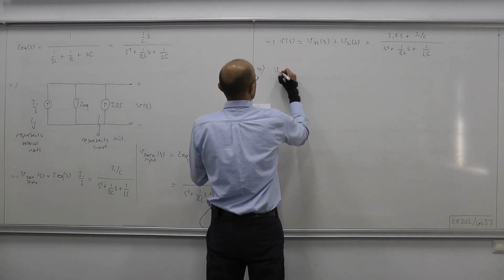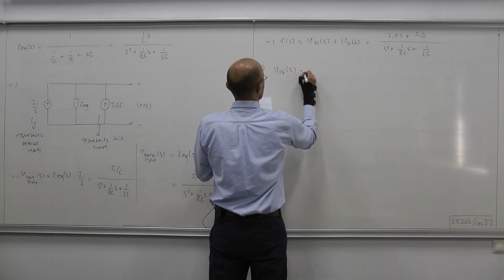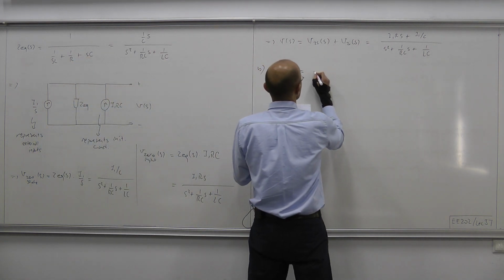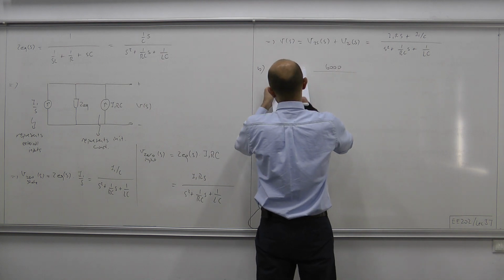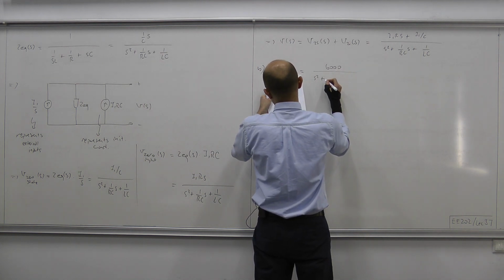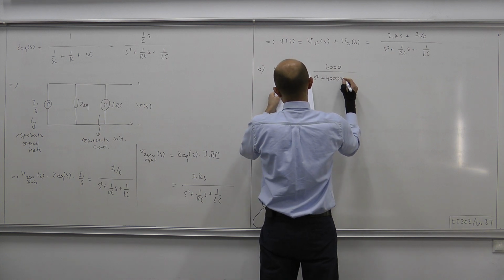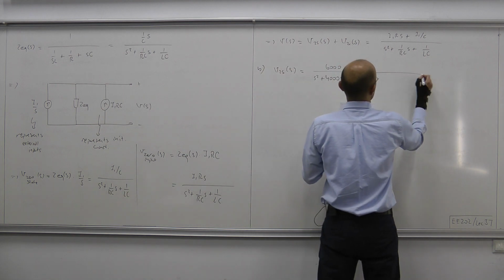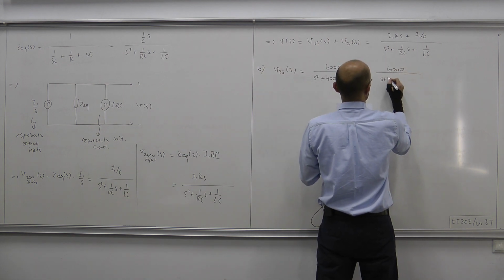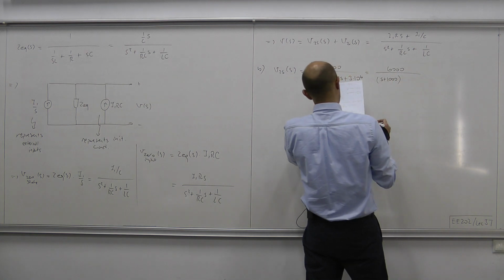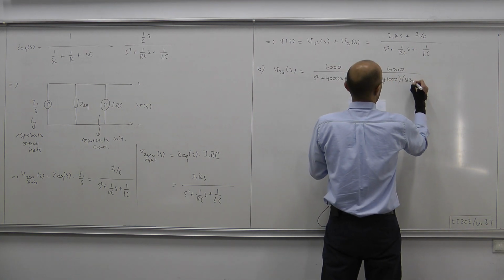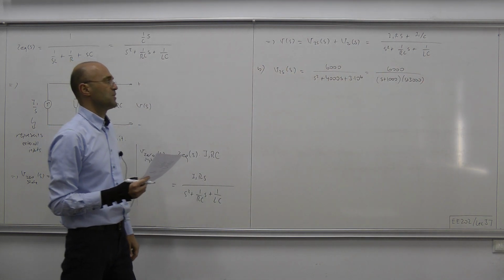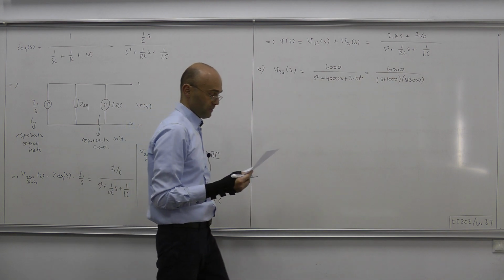Now VZS of S for the given values in the question produces the following: 6,000 over S squared plus 4,000 S plus 3 million, and that can be written as 6,000 over S plus 1,000 times S plus 3,000,